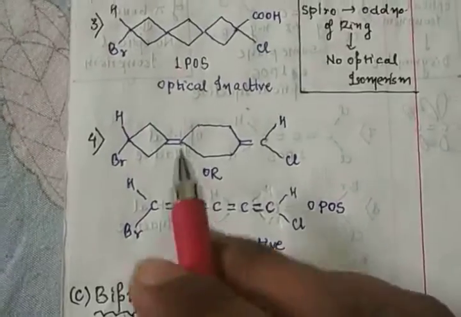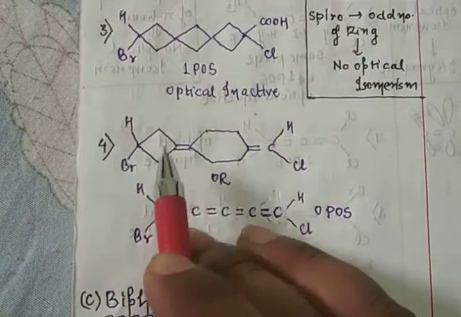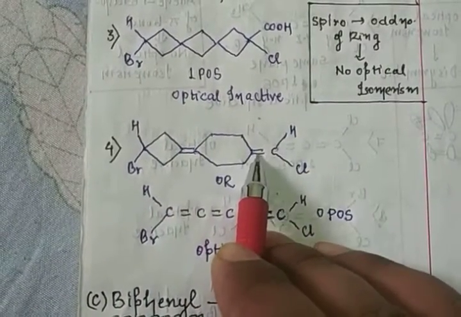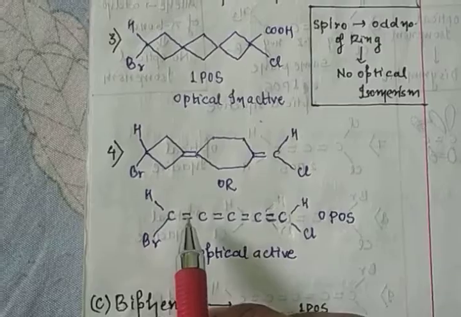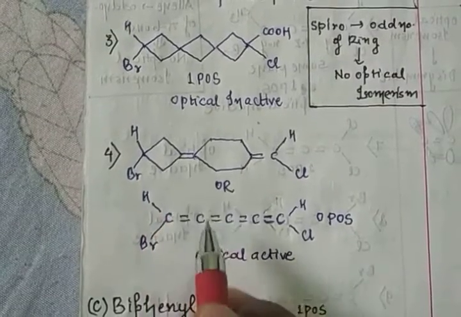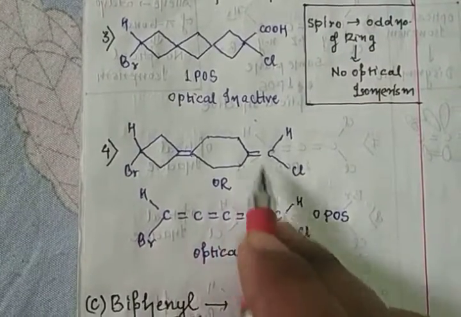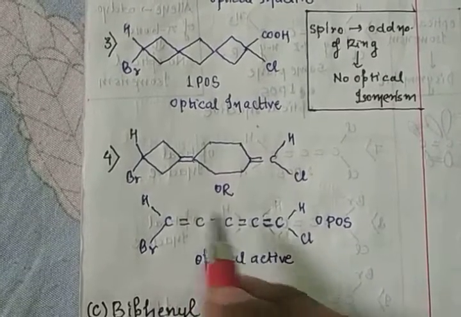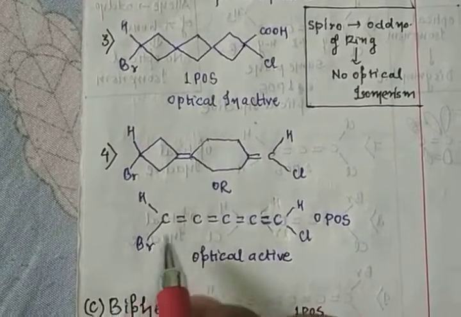So just you learn. Now again this is very important. You know very well there is a cyclic structure, there is a double bond. One cyclic structure is one double bond, there are 2 double bonds, 3 double bonds, 4 double bonds. So 4 means even number of rings. So just you check whether the substituent is different or not.